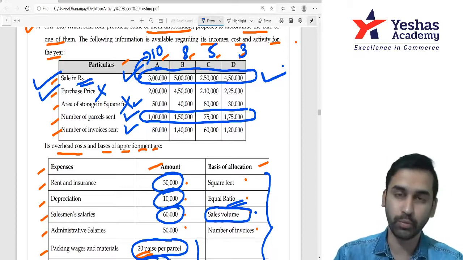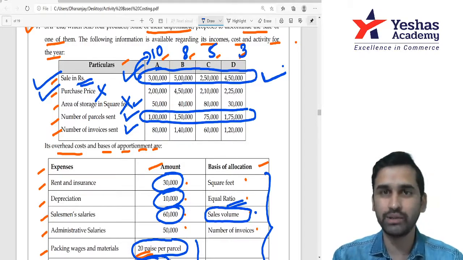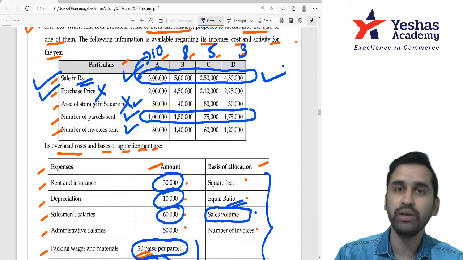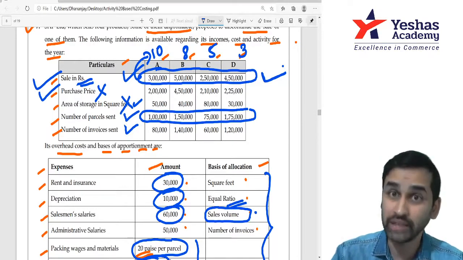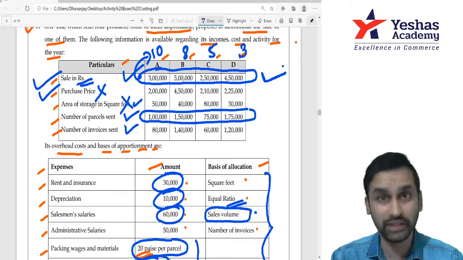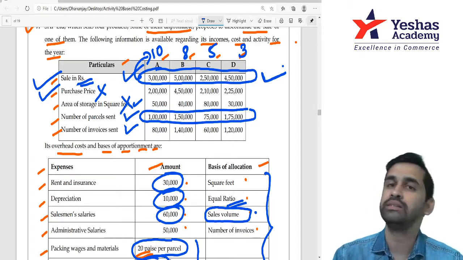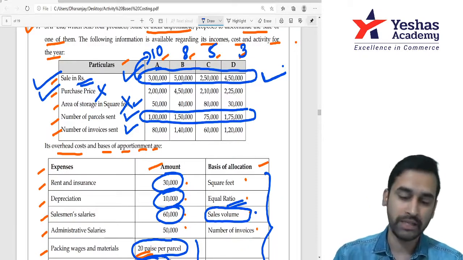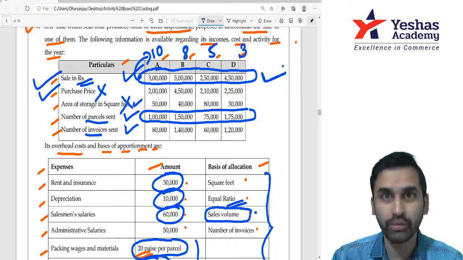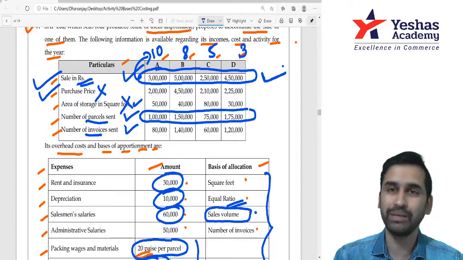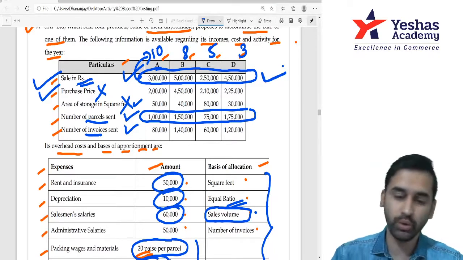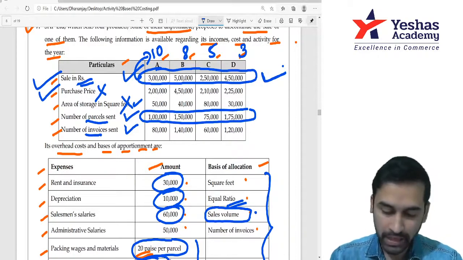But when sales rupee is going up, that means sales units also should have gone up, assuming that selling price has not changed during the year. More units I sell, more value will be there. Correct, assuming that the selling price is same. So out of three bases, we can argue one is better than the other. That's why I said the easily digestible one is sales in rupees. I am not saying number of parcels or number of invoices is totally wrong basis. I am only saying sales in rupees is a better logical base than the other two. Clear? So let us give a note and do it in that ratio. Next one, admin salary.